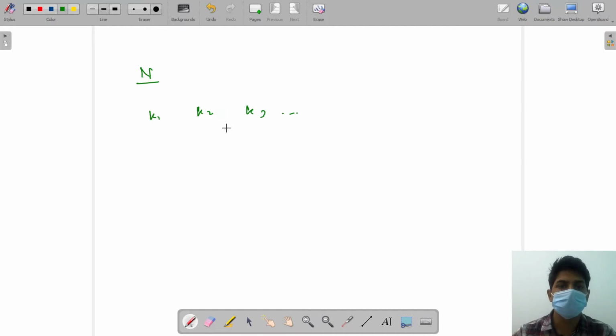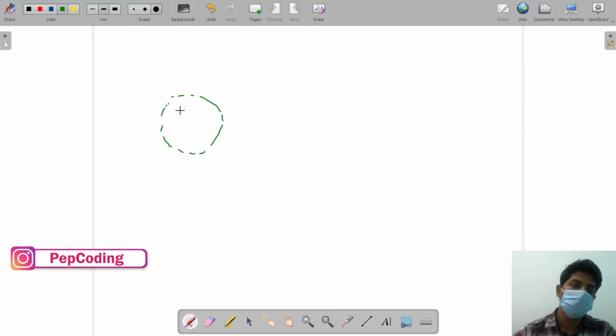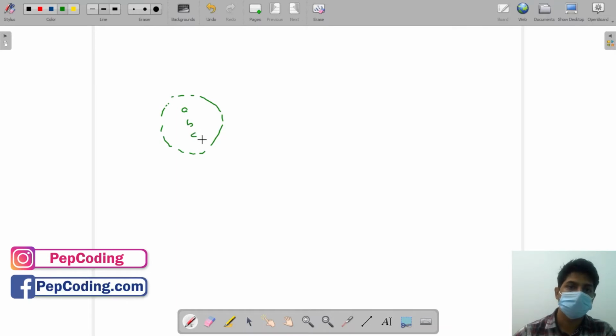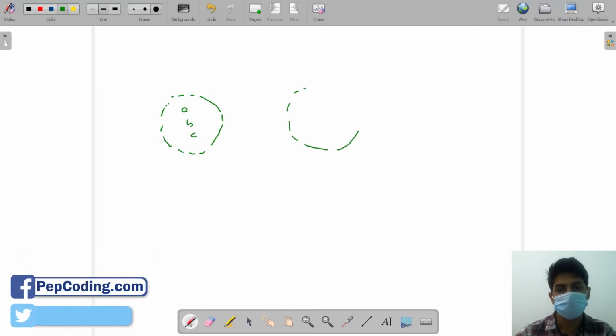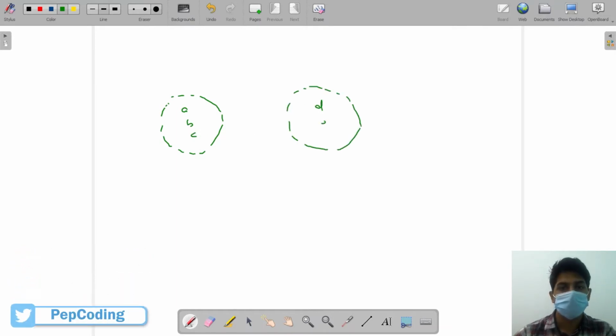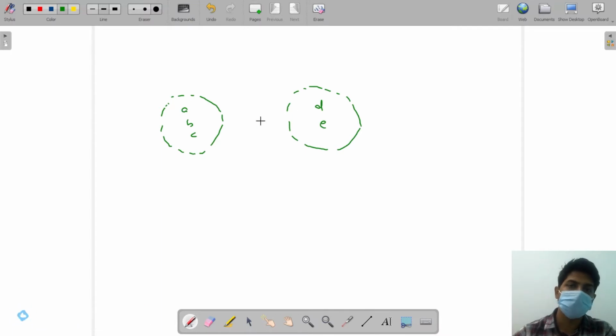So it is a little bit mathematical also. Along with that, there is a concept of DS also in it. So let's first solve the mathematical part of it. Let's suppose we have two groups. A, B and C are the three students in this group. This is the second group. There are two students, D and E. So how many ways can I choose two students such that they are belonging to two different groups?